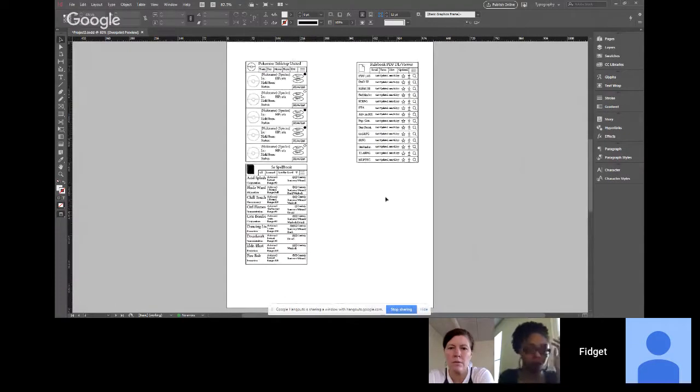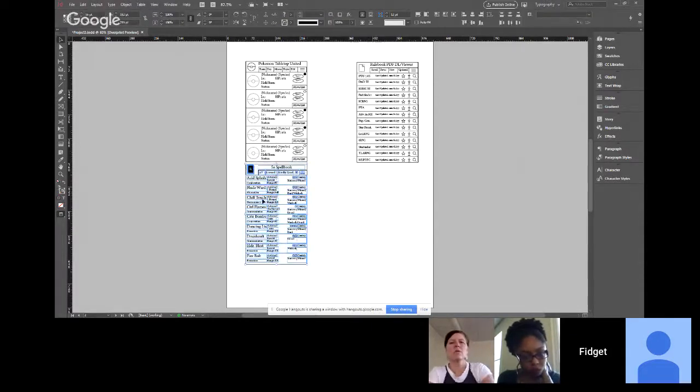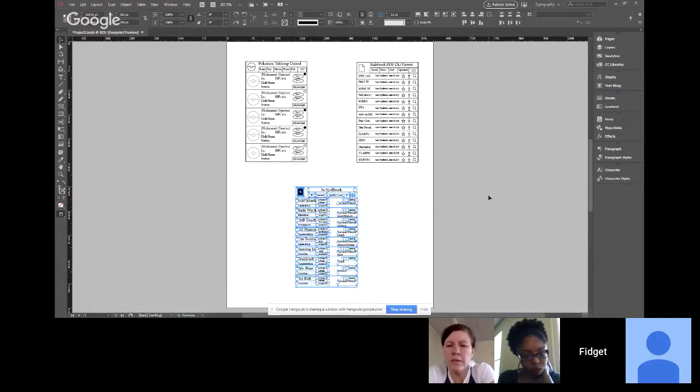Down here I have my 3 base wireframes. This one's way too close. Do you understand that we need to see this in the context of a user scenario?